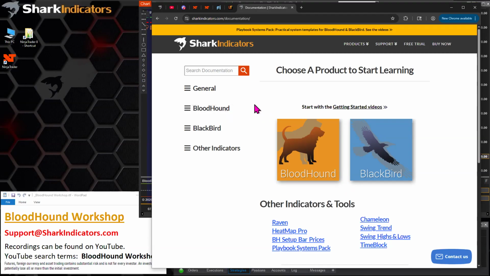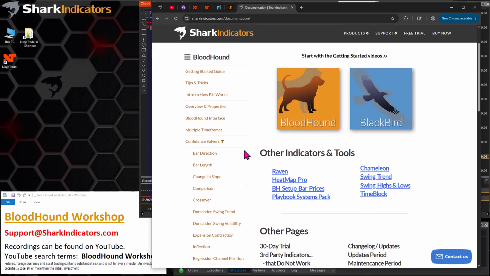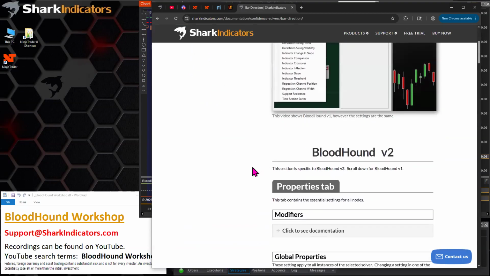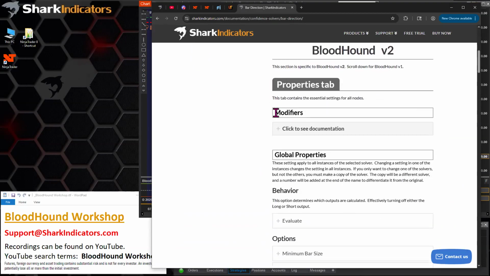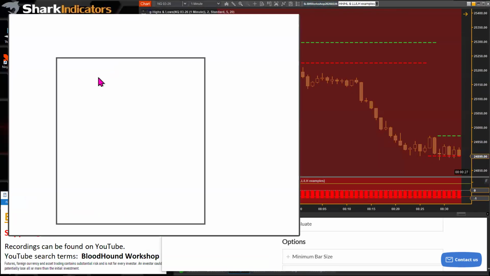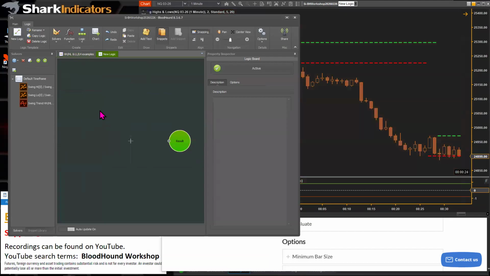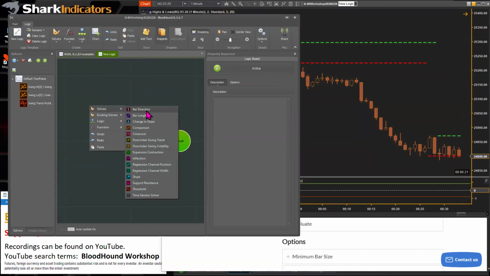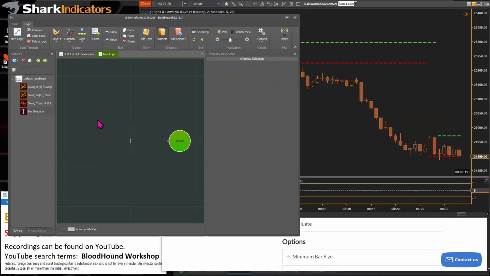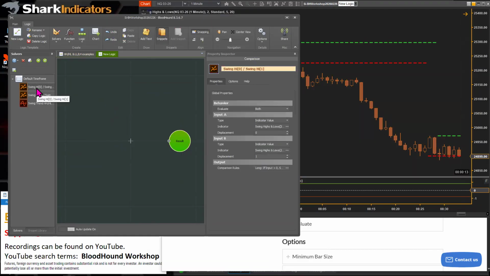Let's see here. So let's go to, I guess it doesn't matter, we can go to bar direction, and so you can see right here, modifiers. All right, so how do you know to go to modifiers? Well, let's open up Bloodhound, and let's put a bar direction. Actually, I don't need that. Let's undo that. There. So if we look at any of these nodes here that we already have,